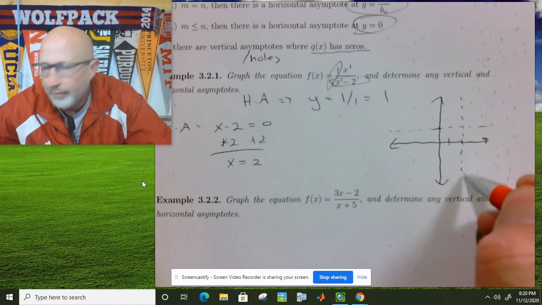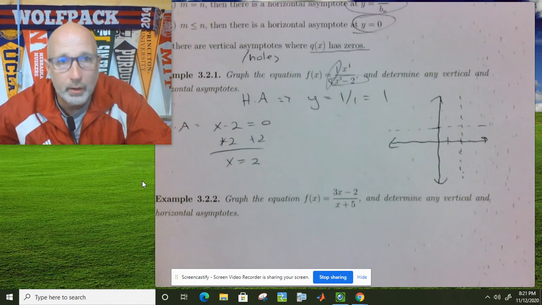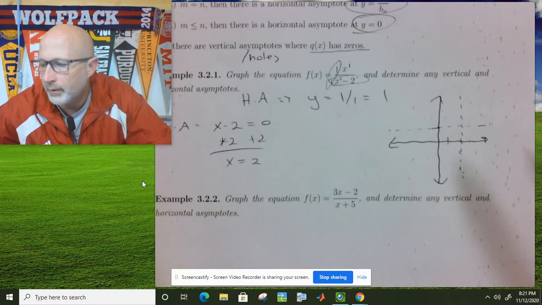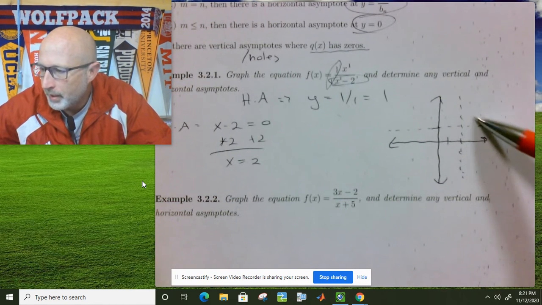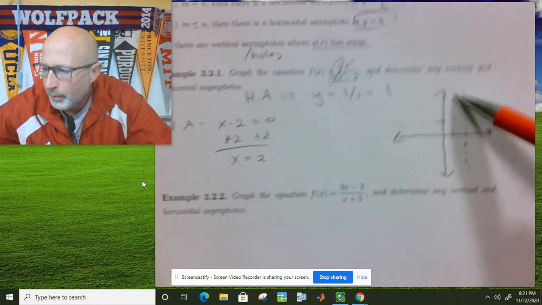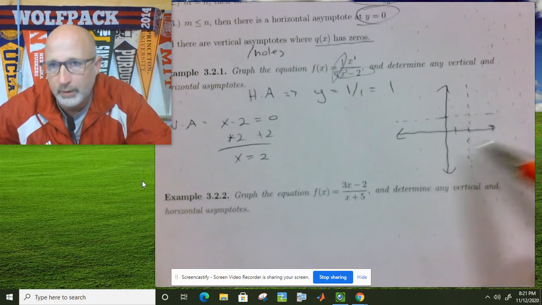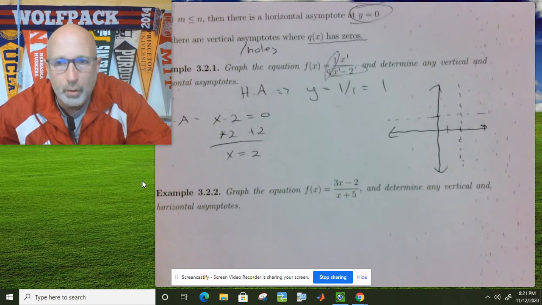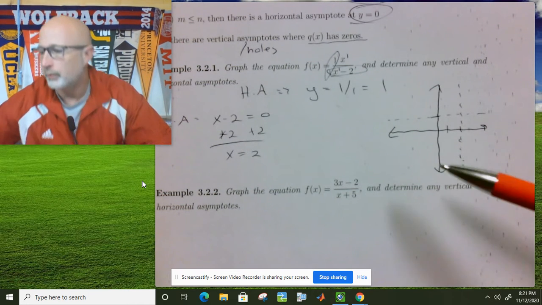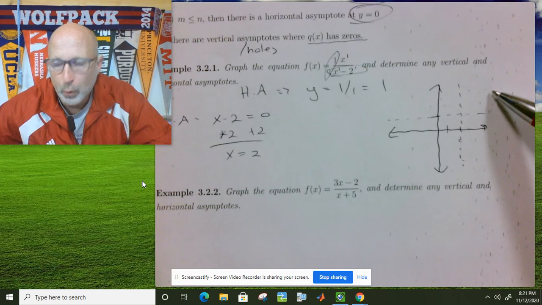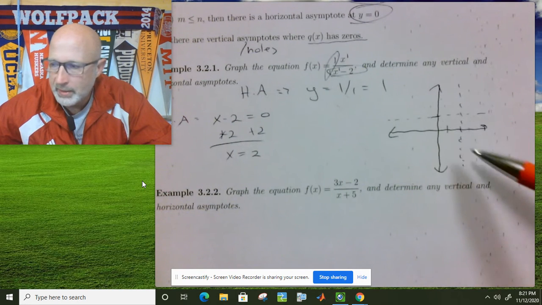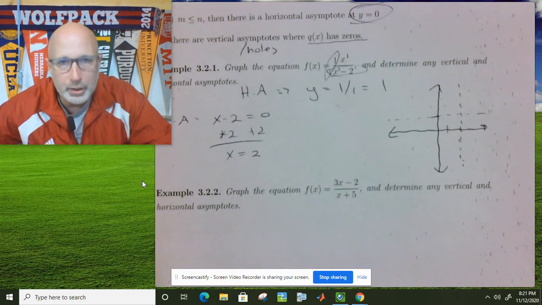Now, when you graph these, typically, not always, but typically, the graphs of these are going to be kitty corner from each other. They're either going to be up here and down there, or down here and up there. Once again, the graphs will normally be kitty corner from each other. So how do you do this? Usually the best way to do this is to find the